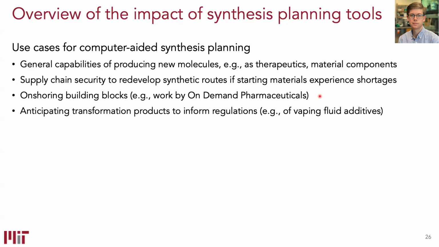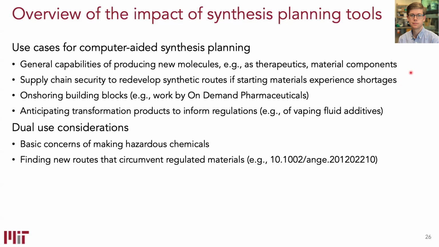And so there's a lot of interest from the government in having domestically sourced starting materials. People have also been using some of our other models for synthesis to anticipate transformation products and using this for things like analyzing the safety of additives in vaping fluid, recognizing that yes, there's a ton of really bad stuff that you can make, enumerating the possible structures, and cross-referencing that with other data to identify what are those molecules that might be byproducts of these processes.